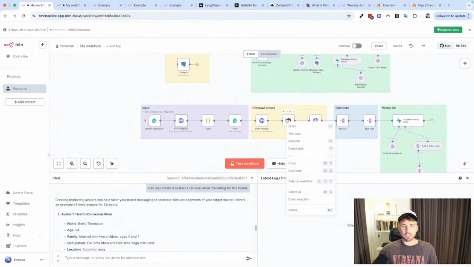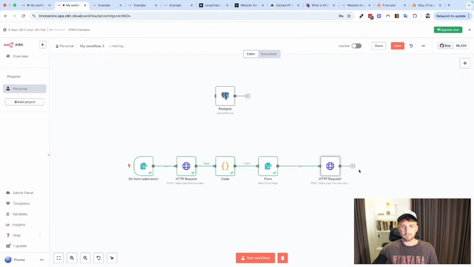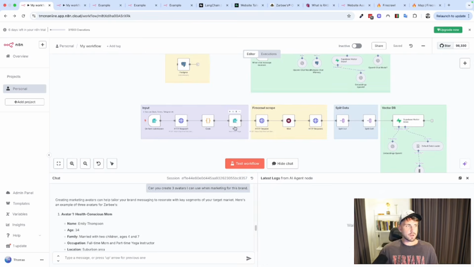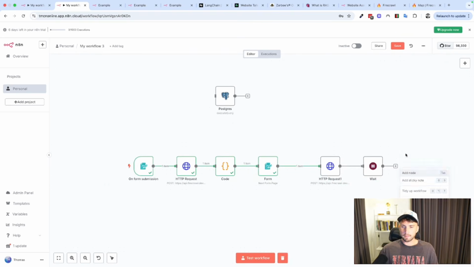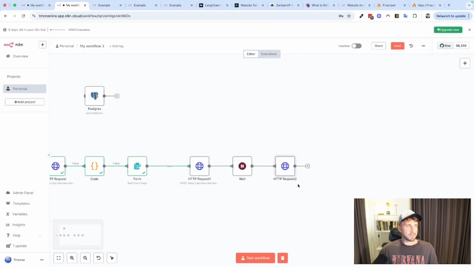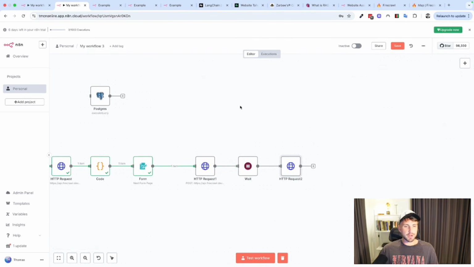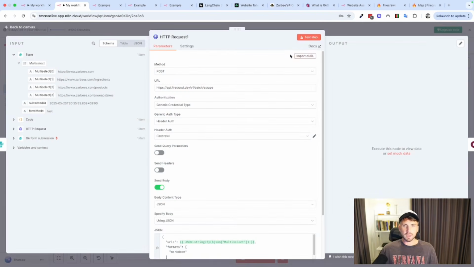The next one is just a wait, which I'll explain in a second. Copy it, and then paste that over as well, connect it in. And the next one is a second HTTP request, which I'll show you why in a second. Paste that in as well. Okay, so if I show you what these do now, so the first one, again, I've just copied the curl